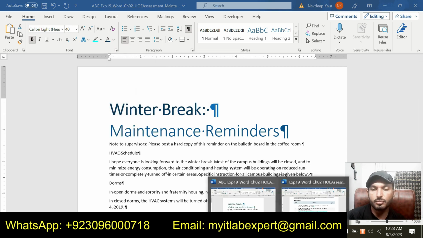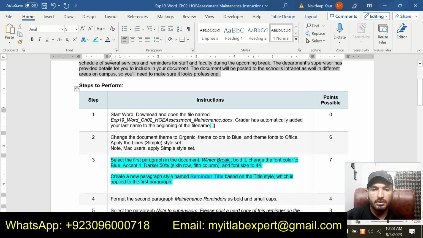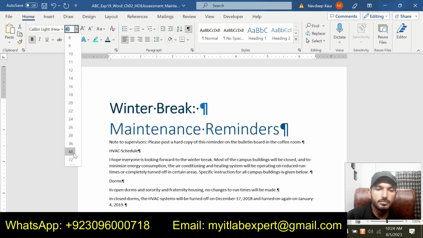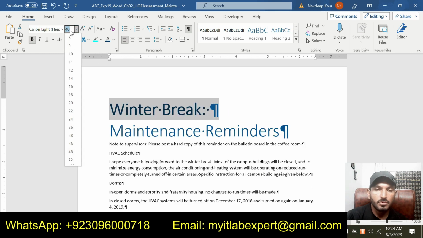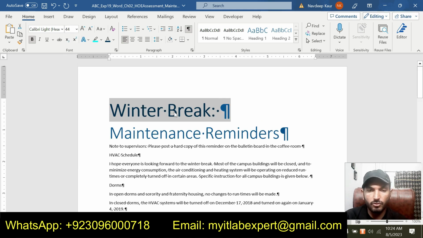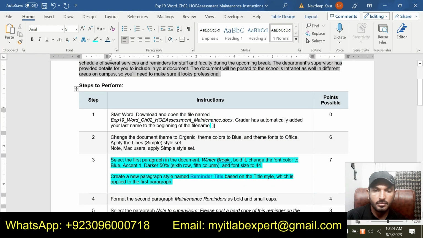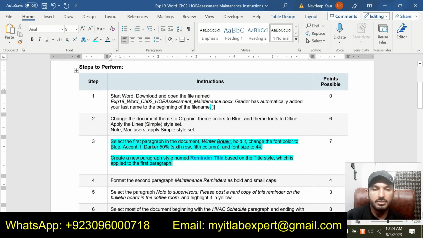This is the color we are supposed to apply. Then we change the font size to 44. So we are done with this.